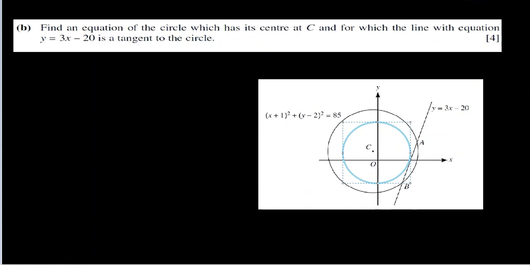Now if I draw a line from the center to the point where the tangent is meeting and cross it further,